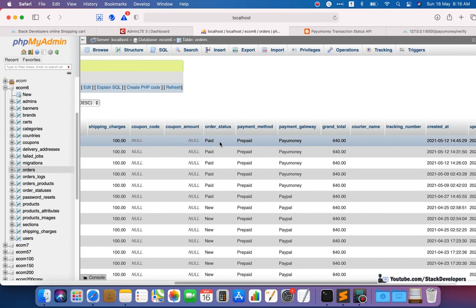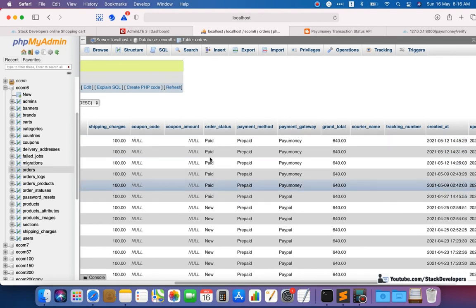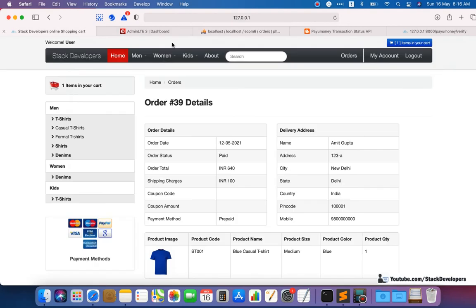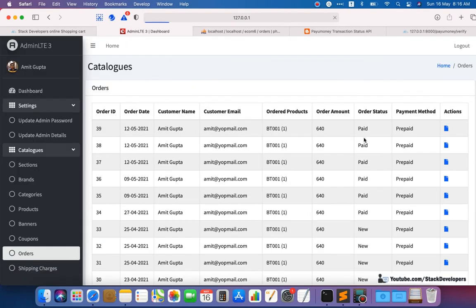Okay, it keeps checking all other statuses. See, all the statuses are paid. See now, it converted all the statuses here because the orders of all the statuses are paid at the PayUmoney end. Okay, so see now it is clear to you that if the status is paid at the PayUmoney end, it is going to update the status for all the orders. Okay, so that we have done.